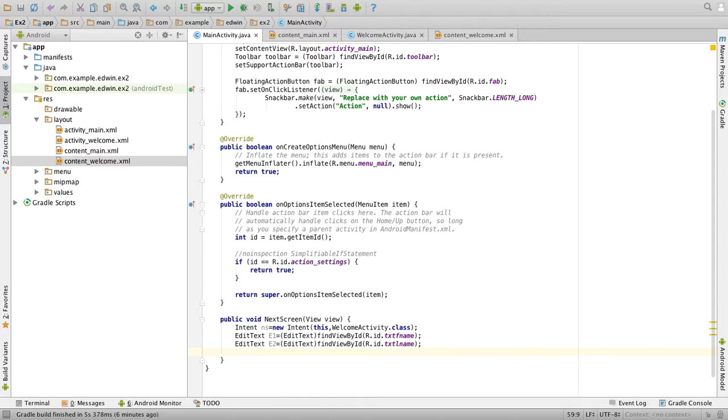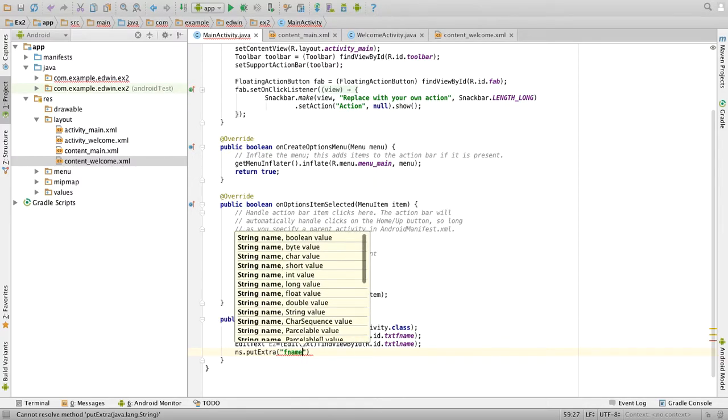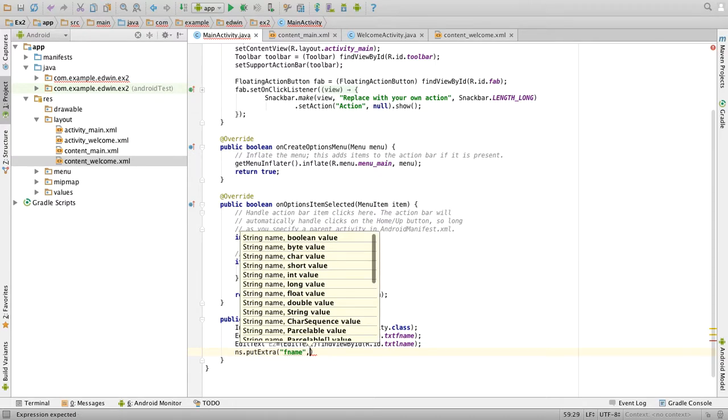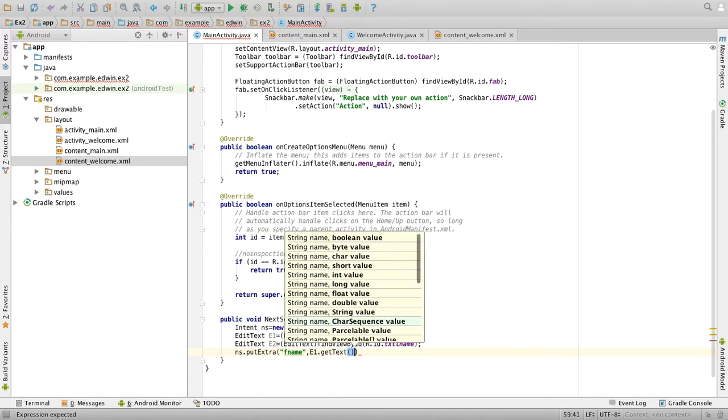Now in order to pass the value through the intent, we have to use a function of intent called putExtra. So ns.putExtra of the name like fname and the value. In this case e1.getText().toString().